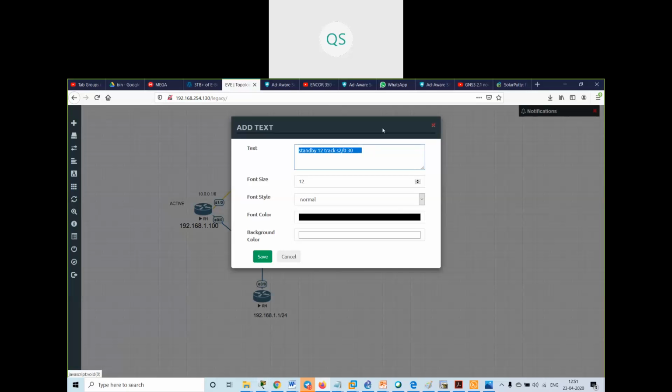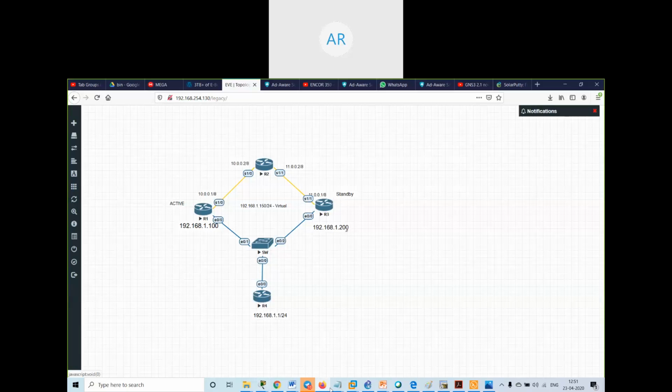So for every packet that is unable to go through that interface, the priority will decrease by 30, sir? See, if this interface goes down, this router will come to know that this interface has gone down. Now a packet came over here to go over there. This router knows that this interface has gone down, so it will automatically decrease its priority to 90, because I have given the decrement value as 30. 120 minus 30 will be 90.